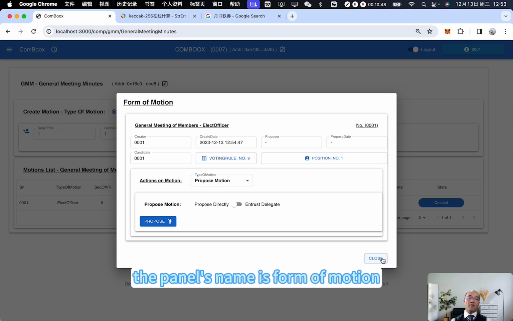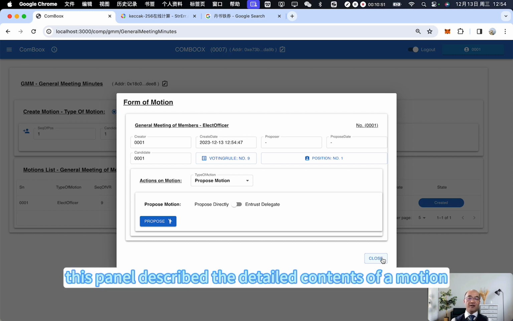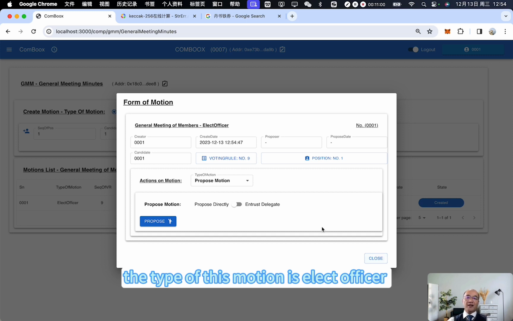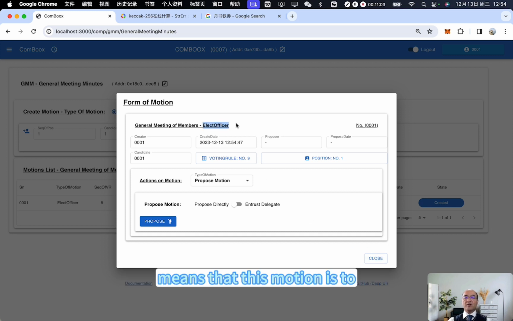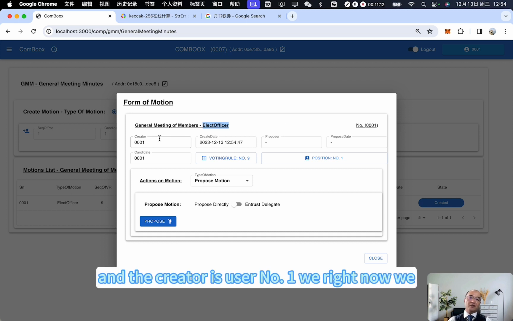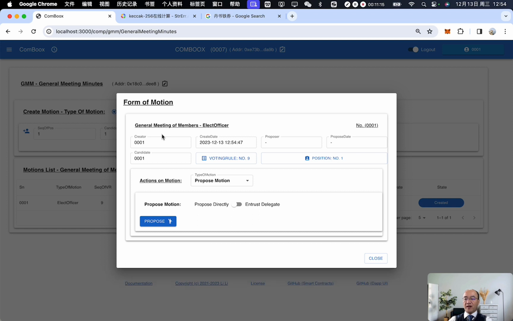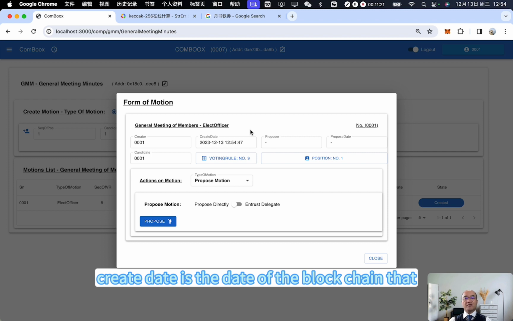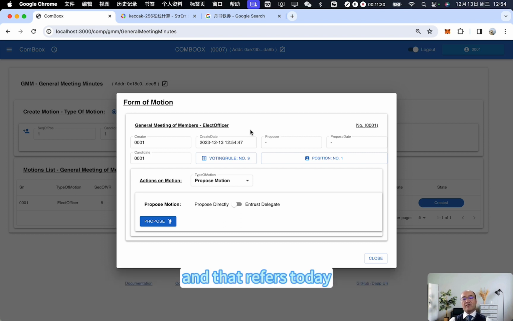The panel's name is form of motion. This panel describes the detailed contents of a motion. We can see that the type of this motion is elect officer, which means that this motion is to discuss whether to approve a candidate for a specific position. And the creator is user number one. Right now we are acting as user number one who created this motion. Create date is the date of the blockchain when we wrote the transaction into the block,